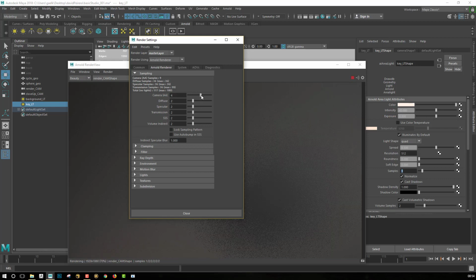If I raise this one, you can see that all the other numbers will rise as well. So when you want to do your final render, instead of trying to adjust all the different anti-aliasing and sample parameters, you can just take the camera samples and raise it up.